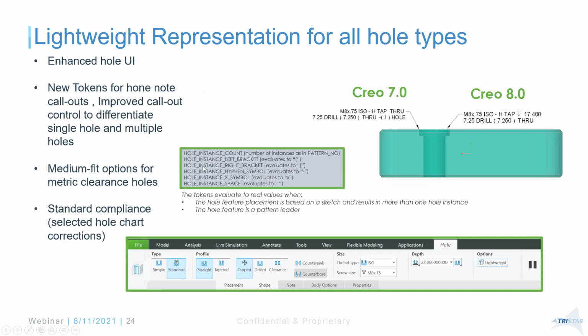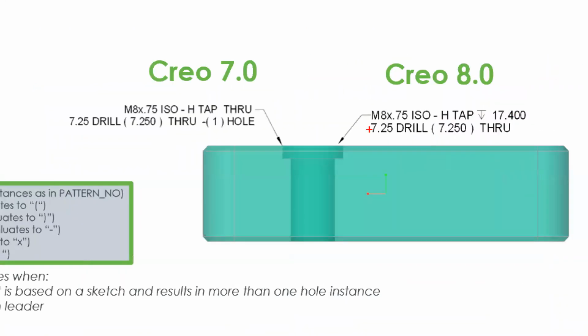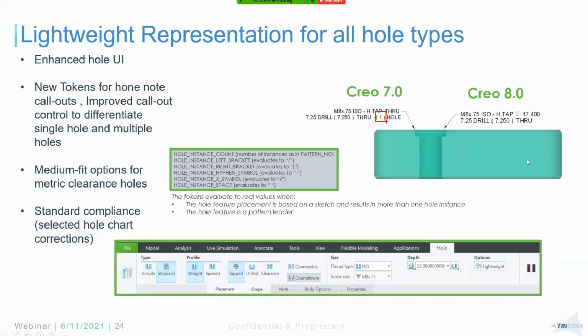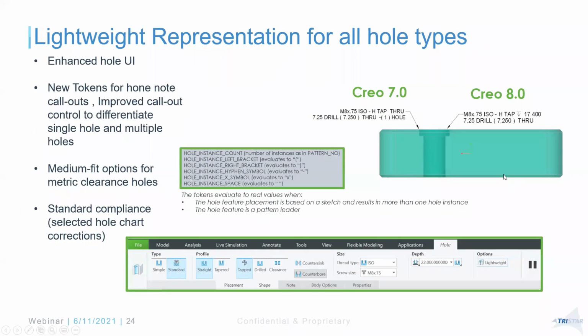They have new tokens, like remember the hole node, the standard hole node, right? They have new hole tokens there. In the past, it would always show this number of holes, right? You see through one hole because when you do a pattern, depending on the quantity, even if it was one, even though it was a group, you had to go and, even before, we could go and edit the